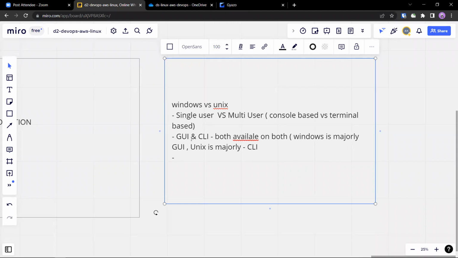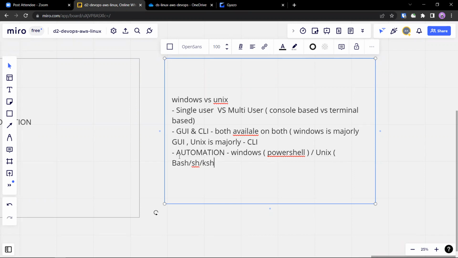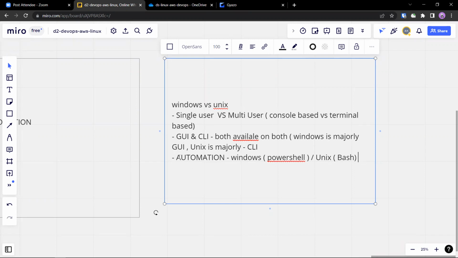Both are available, but it's how we use it. Then the one that we are talking about, the most useful one, automation. How do we automate in Windows? PowerShell. And how do we automate in Unix? Bash. There are a couple of other things like another shell, called Korn shell. We will talk about all these shells, but for now, let's stick to bash.